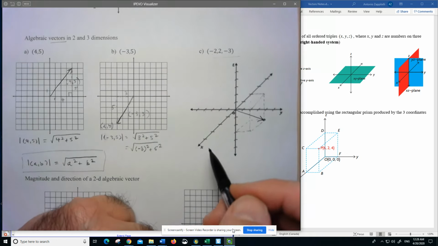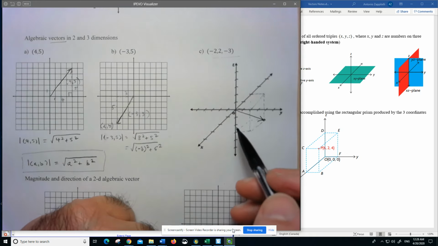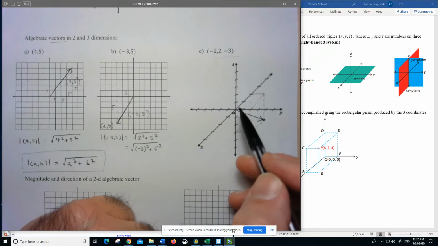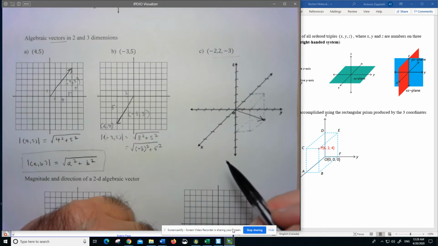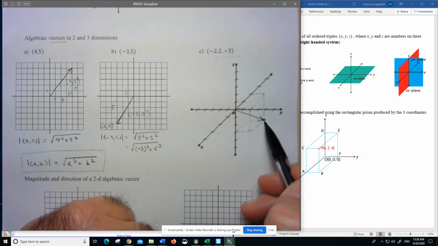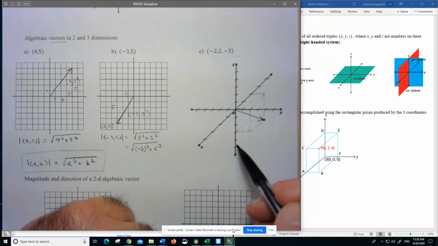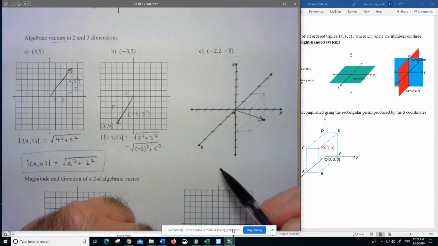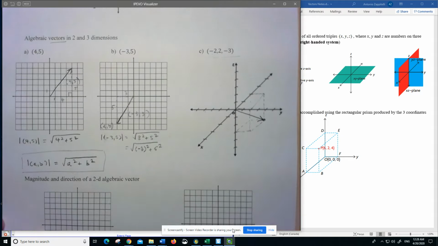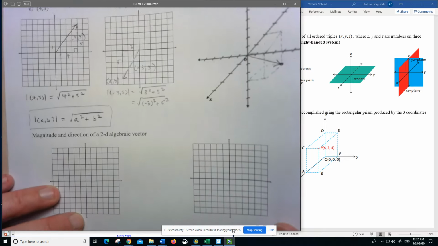Okay. Now, some people ask, well, do I have to draw the rectangular prism? Well, yes, because that really does give a sense of exactly what the x, y, and z values are. If you don't draw it, it's very tough to see what point this end point represents. Okay? So, let's take a look at the